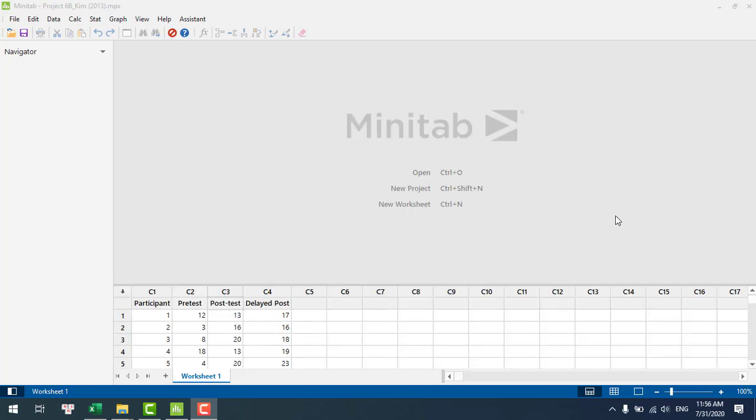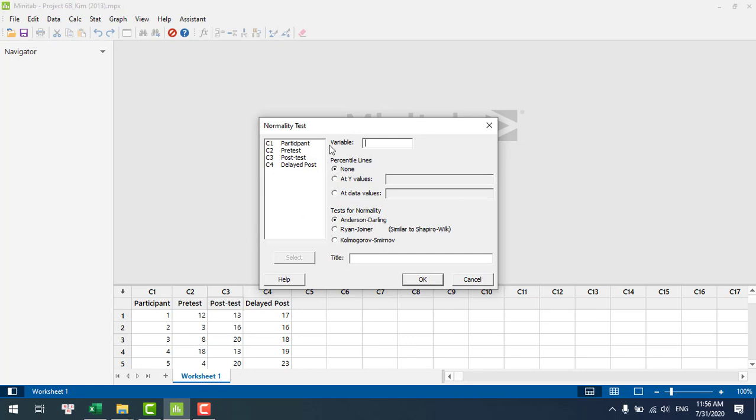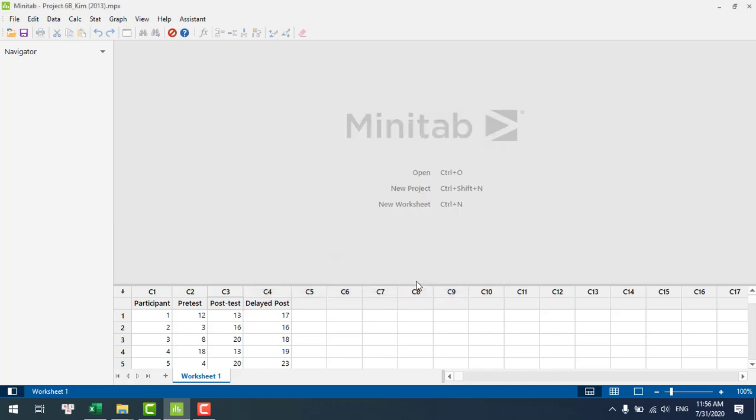Remember that before we run any kind of t-test, we need to check first for normality and equal variances. So let's check for normality for the pre-test. We're going to go to Stat, Basic Statistics, Normality Test, and in this case we're going to check for the pre-test, and remember we always do the Shapiro-Wilk. So we run that,